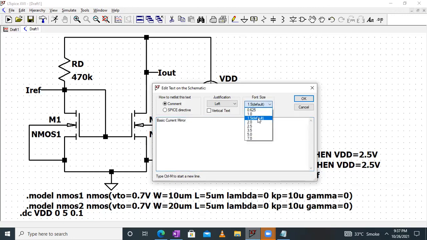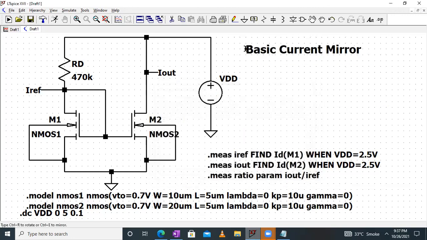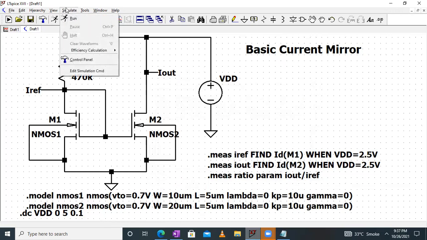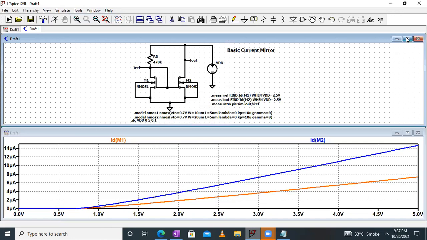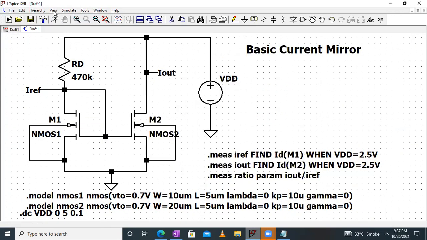Okay, just the name convention for the circuit. It's a basic current mirror. Fine, we are simulating its behavior, and we are checking whether the relation between I reference and I out, by simulation and by calculation, are matching or not. So let us run this. We have run the simulation once, so we run it again, and then I will maximize this part where the statement values will be stored.